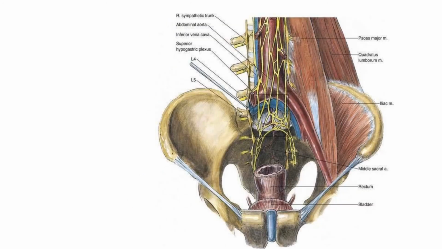You can see the functional components and the applied anatomy. The operation on the superior hypogastric plexus is known as presacral neurectomy. It is sometimes performed for relief of pain in spasmodic dysmenorrhea and inoperable cancer of the rectum or urinary bladder. Presacral neurectomy in males may produce disturbance of ejaculation due to interruption of the motor innervation of the seminal vesicle. These are the superior hypogastric plexus and the inferior hypogastric plexus.